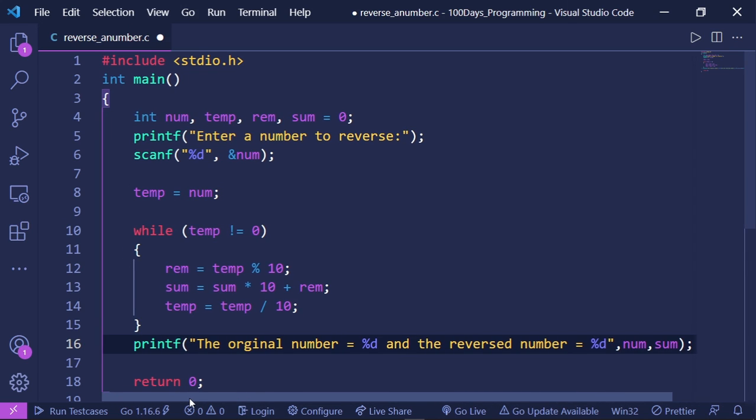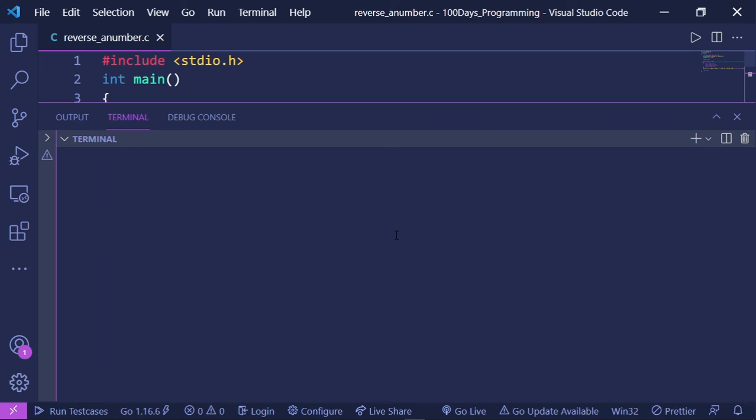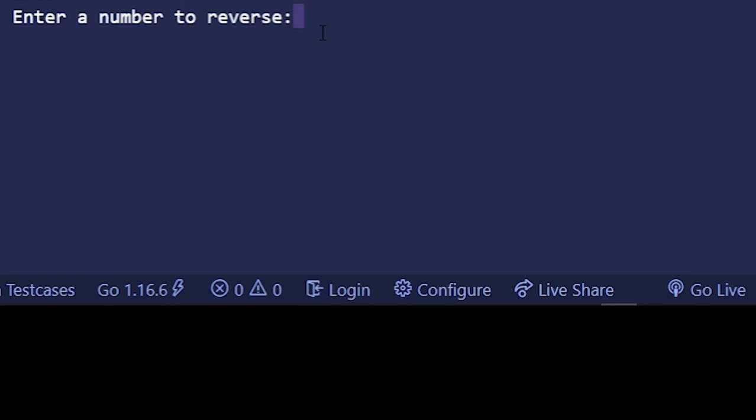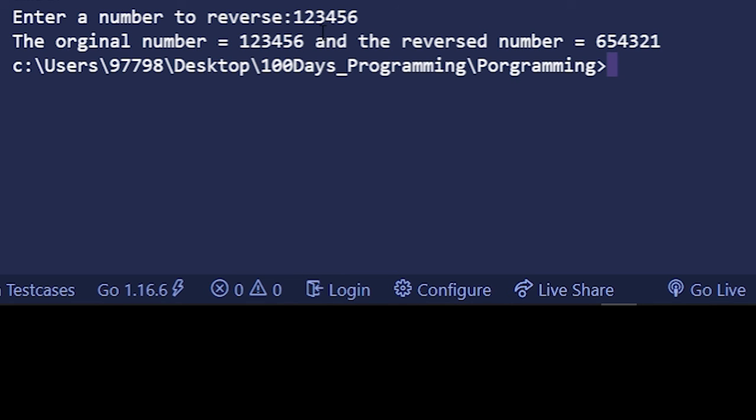So now let's run this program and see if it works or not. Enter a number to reverse. So let's go with 1 2 3 4 5 and 6. So we should get its reverse as 6 5 4 3 2 1. The original number is 1 2 3 4 5 6, and the reverse number is 6 5 4